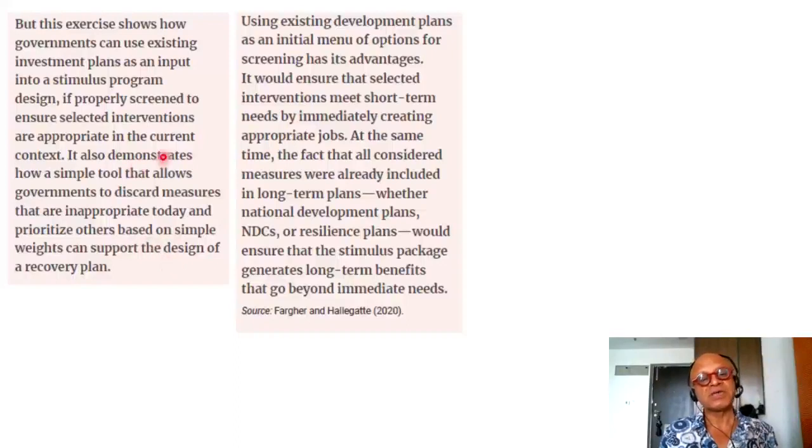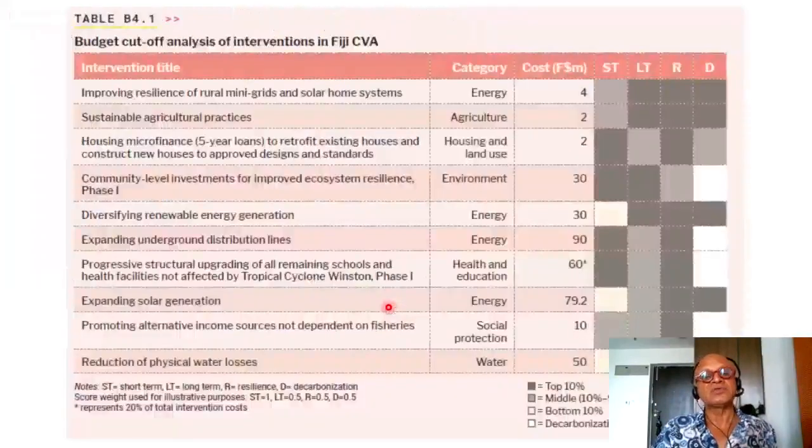Okay, so decision making is critical, and how the information is supplied and made useful, usable, actionable is very critical. Using existing development plans as an initial menu of options for screening has its advantages. It would ensure that selected interventions meet short-term needs by immediately creating appropriate jobs. At the same time, the fact that all considered measures were already included in long-term plans, whether national development plans, nationally determined contributions, or resilience plans, would ensure that the stimulus package generates long-term benefits that go beyond immediate needs. Well, this was published in 2020, but as of 2023 June end, there are many lessons to be learned from